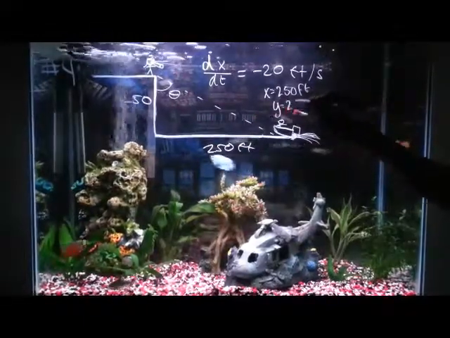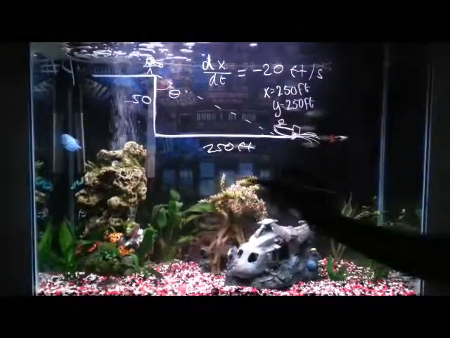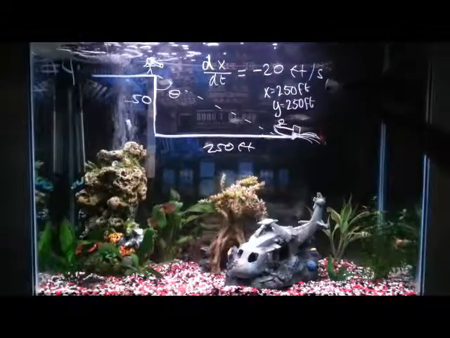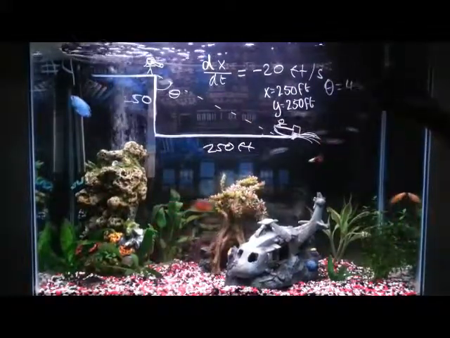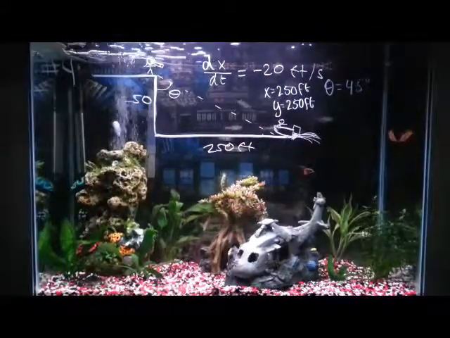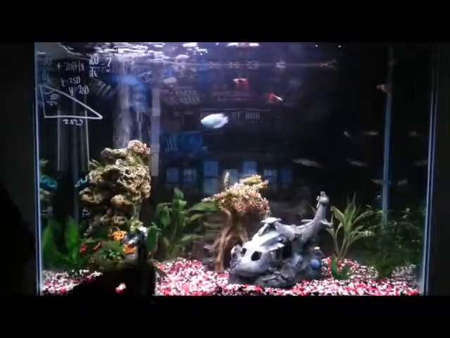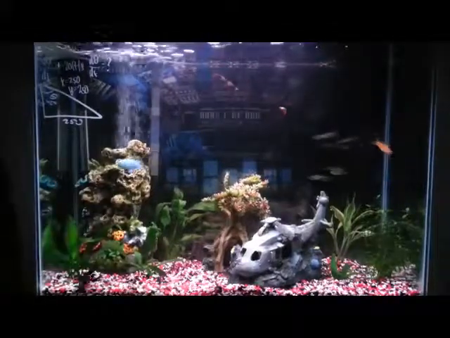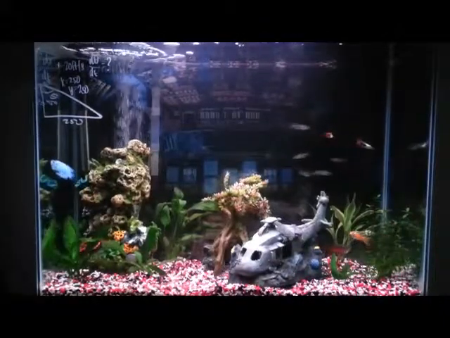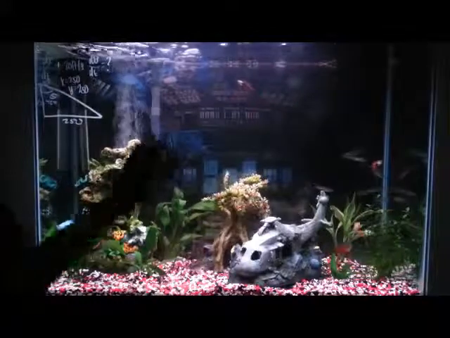y is equal to 250 feet, and we know that when two legs of an isosceles triangle are equal, the only possible value for angle theta is going to be 45 degrees, and that will come in handy later. So to find the rate of change of the angle theta when the motorboat is 250 feet away from the shoreline, we have to come up with a general equation to find the value of theta so that we can